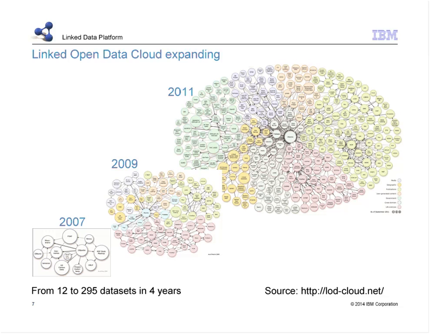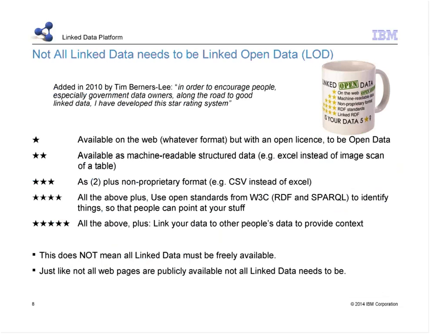So there's been a movement, and unfortunately they haven't updated this chart in a long time. There was a group of people that were looking at the datasets that were made available and trying to register them, list them, and put them in a graph representation, to give you an idea of what the big cloud, the graph at large of linked open data is. So you can see the trend is definitely growing, even though some people would argue it hasn't exploded, which I think is fair. There is definitely an ongoing movement upward.